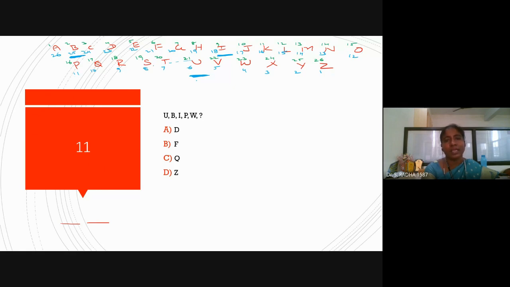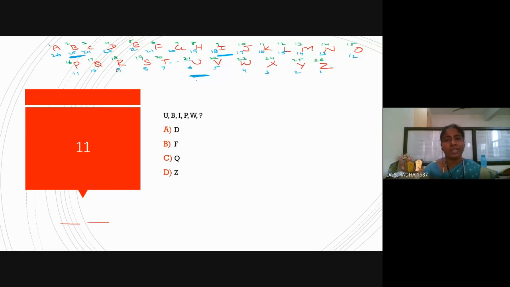Again, 6 letters are skipped, W is the next letter. When you skip the next 6 letters, D will be the next letter. D will be the question mark replacement. If I underline all the letters, it will be confusing. I have underlined only 3. You can observe what logic is going on.